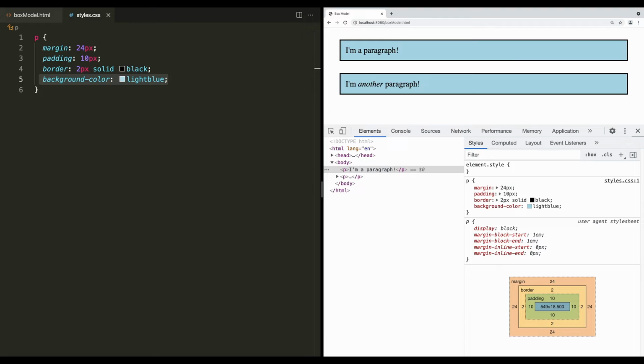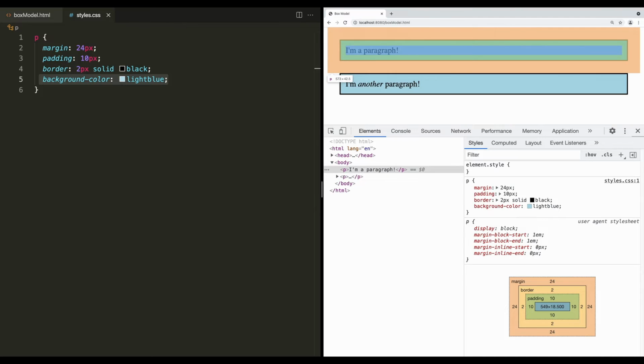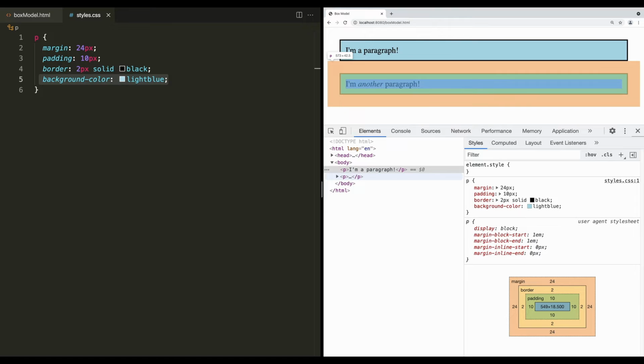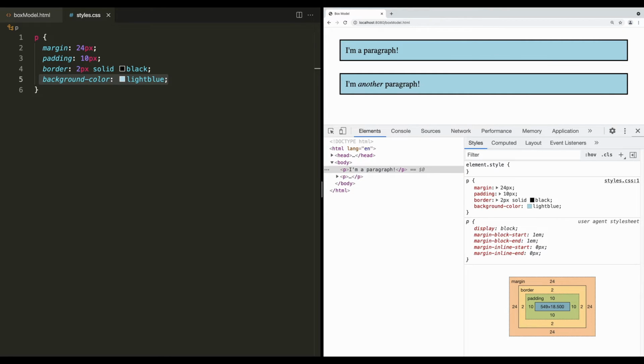There's also some space between the content of the paragraph and that black border. So what's actually happening here? We can see in the Chrome Inspector we have our two paragraphs, and if we hover over both of them, we can see the values. And if we look at the bottom right of the Styles panel, we can see all of the different values